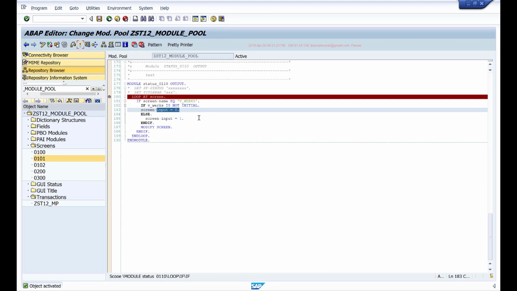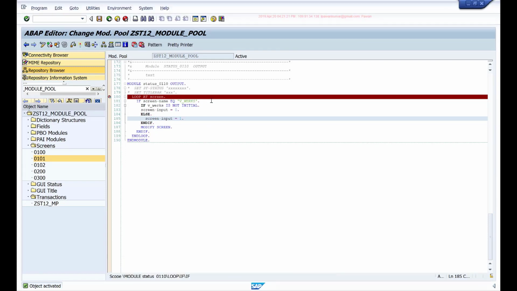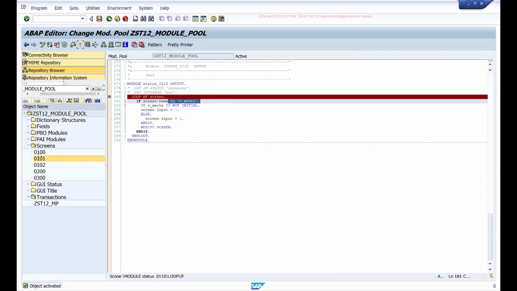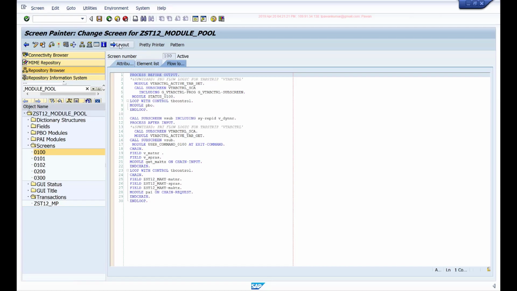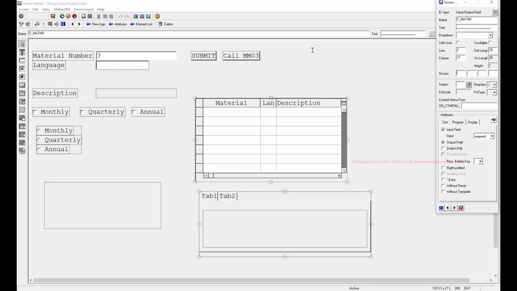If you are processing multiple fields and you want to apply the same thing for all those fields, then instead of manually checking for each field name, you can also check for, for example, if you go to this layout, there is something called groups. So you can assign 4 different types of group combinations. So let's say I'll assign group 1 for this field and group 1 for this field. So these are like group 1, group 2, group 3 and group 4.